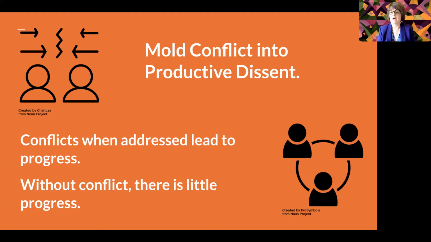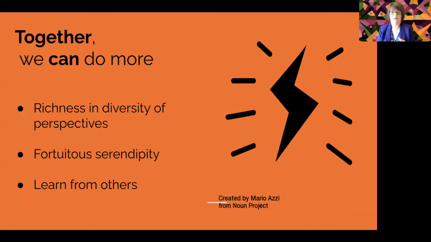To lead, you have to embrace, address, and harness that conflict. It's kind of that no pain, no gain thing that we've all heard before. But sometimes when we're in a consortium or constituency group or whatever the name is, we think we're here to play nice. And we are ultimately here to achieve a goal, but it starts with dissent and it starts with conflict. Together, if we could move to the next slide, please.